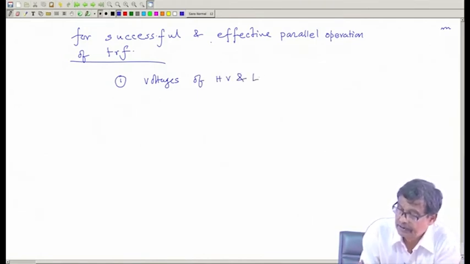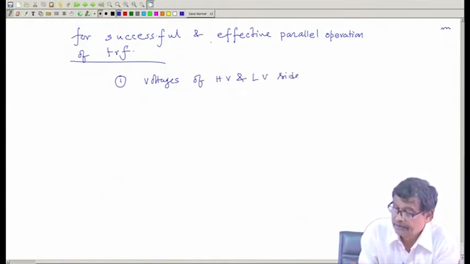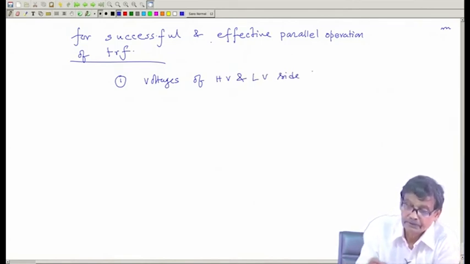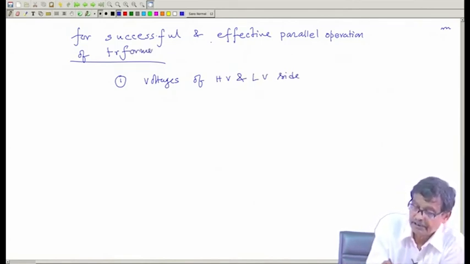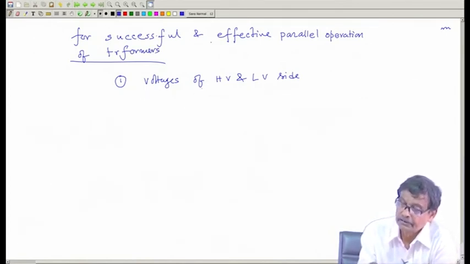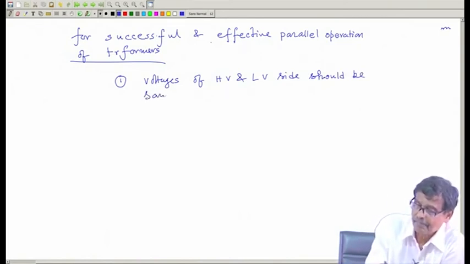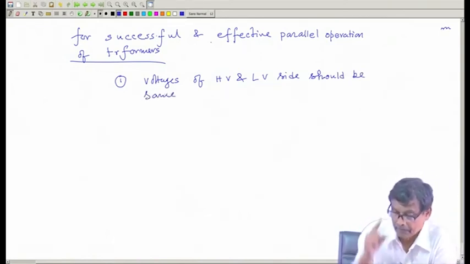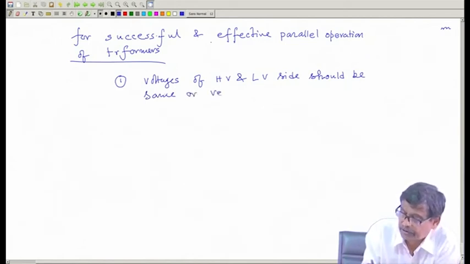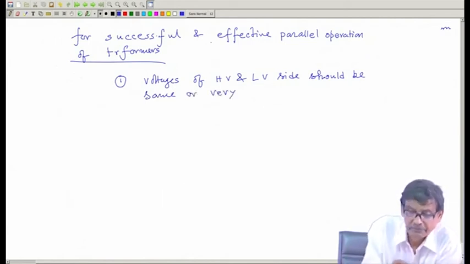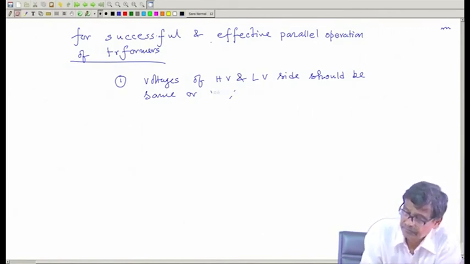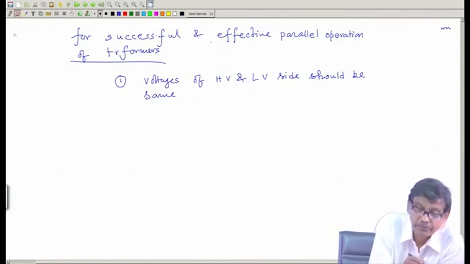So, for the various transformers, voltages of HV-LV side should be same or very close to each other, okay, that is all. Let us not complicate the issue. Second thing is